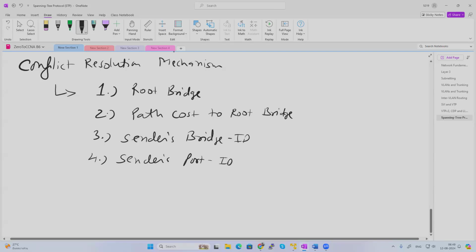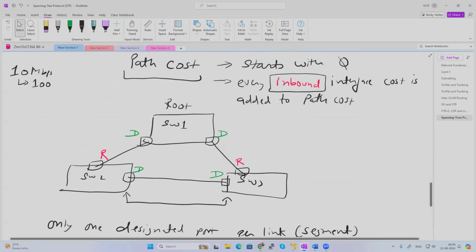And that is definitely going to be the last point you are going to check. So you will always get the answer at this point. And it is guaranteed that you will get one winner over the other if you go through these 4 points. So here you can see in this diagram, let's say, which one is the root bridge, because although the priorities